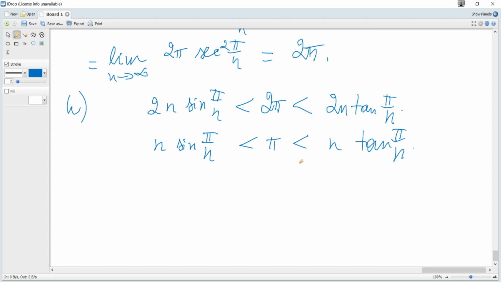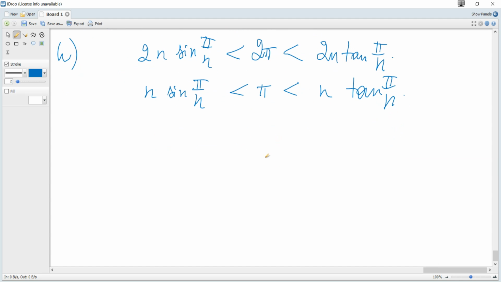And the next question: the inequality found in part H can be used to determine lower and upper bound approximations for the value of pi. Determine the least value for n such that the lower bound and upper bound approximations are both within 0.005 of pi. 3 marks. So it looks like this: